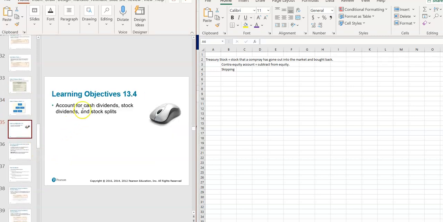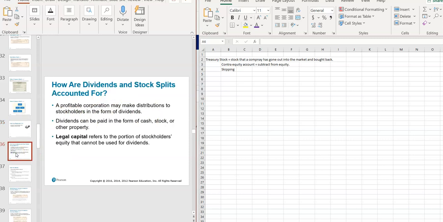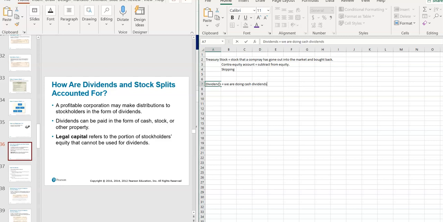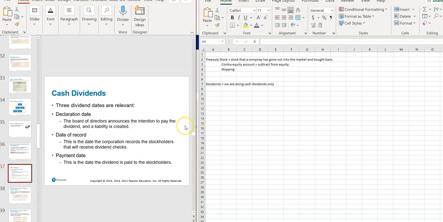Okay, we are going to do cash dividends, and that's it. We are not going to do stock dividends and stock splits. Okay, so we're doing dividends. We are doing cash dividends only. Okay, so with dividends,